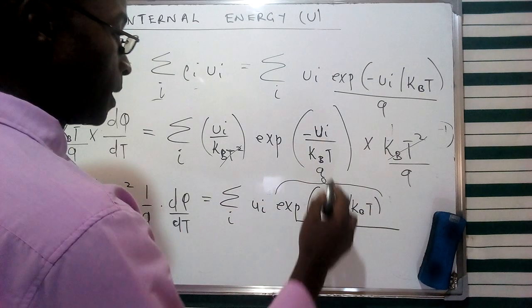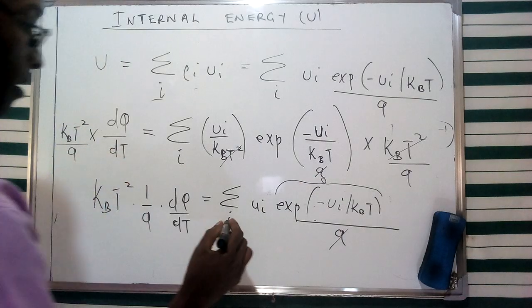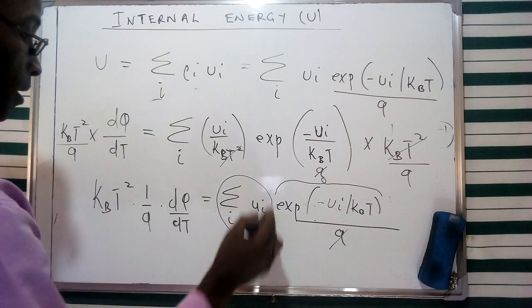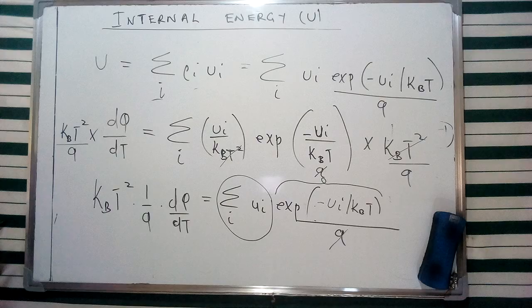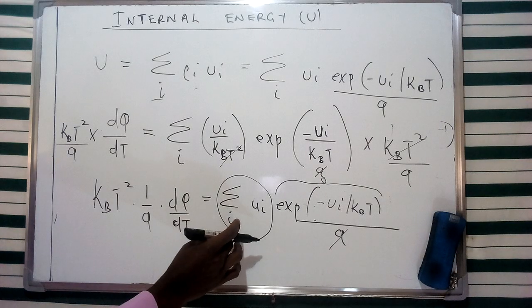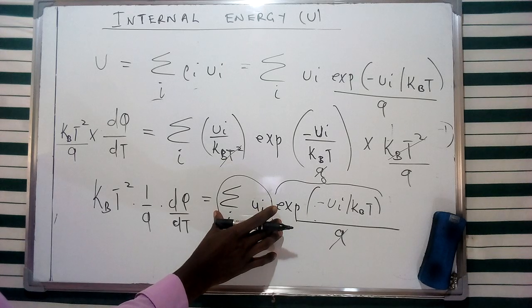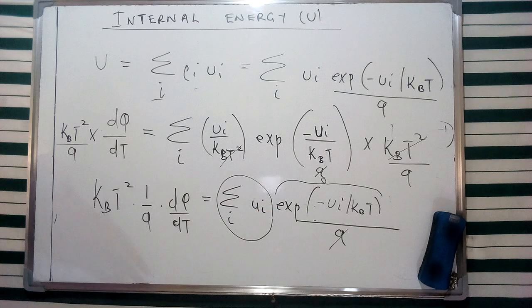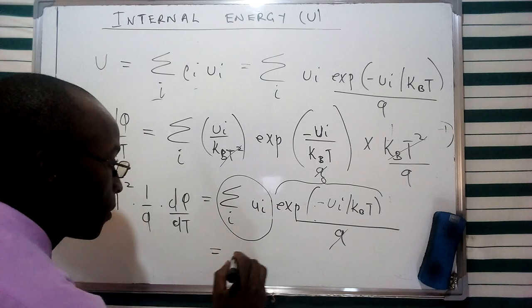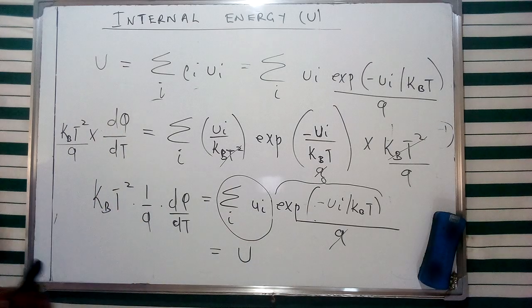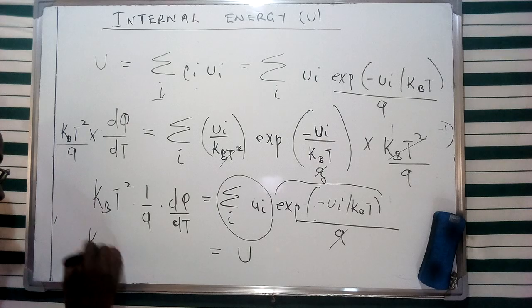Therefore, we can have this partition function cancelled out, and in this particular part, we are going to remain with this specific section equivalent to this section on my right. And therefore, we can proceed and have this equation given in terms of the summation of all these elements from the initial one of this specific energy, which is going to give us the total internal energy, which on this side I'm going to have represented as Q. Therefore, on this side I'm going to have this element of kBT